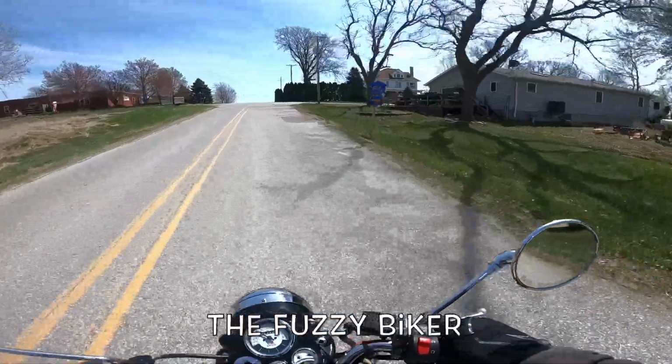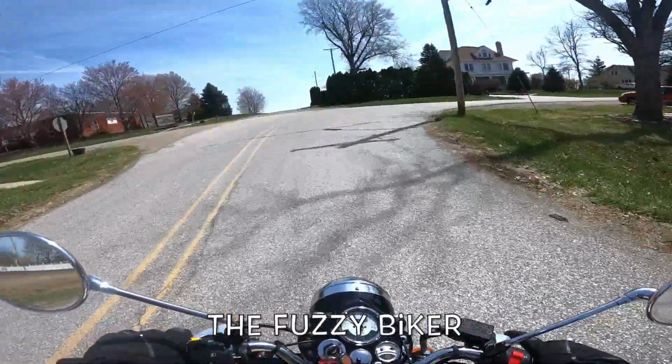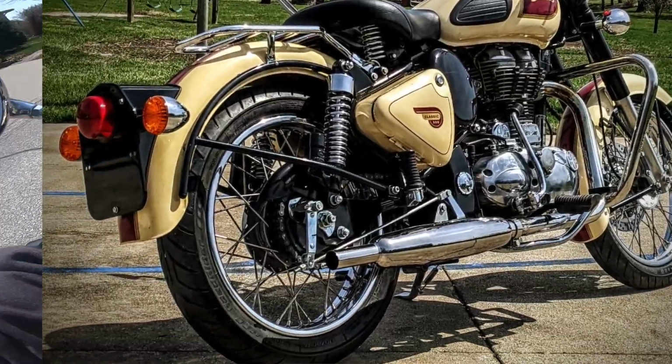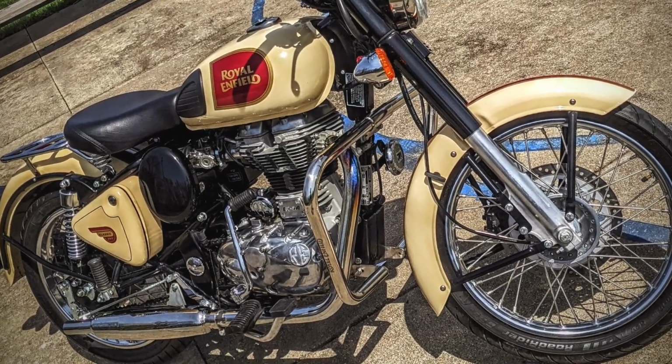Welcome to the mighty mini-tropolis of Marnie, Iowa. Today we are on a 2017 Royal Enfield Classic 500. See that hot rod there? It's a big single cylinder. I think it's a